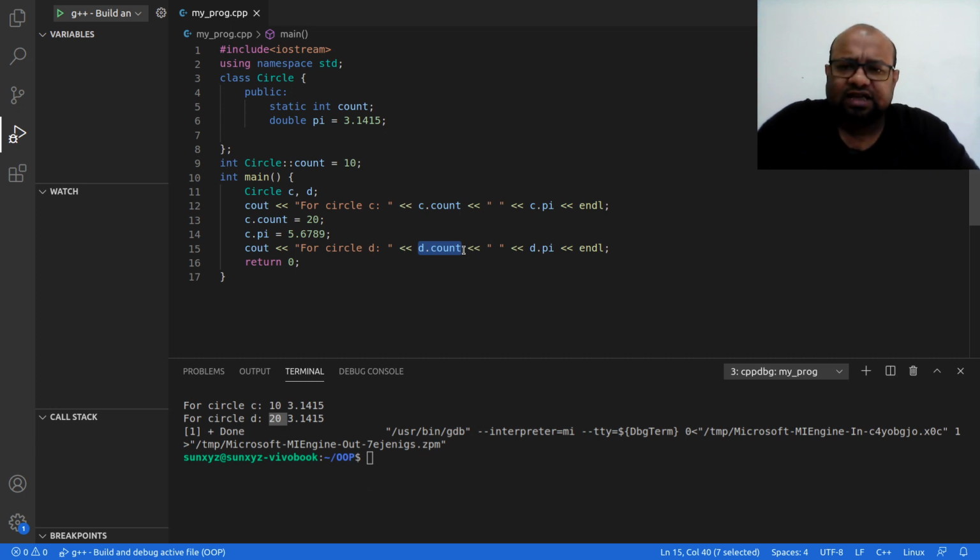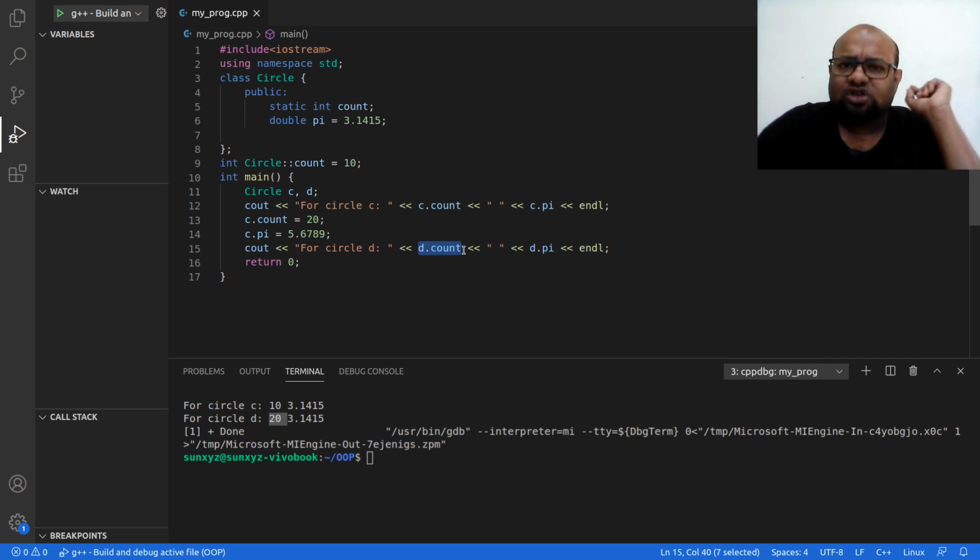So about static data attribute, a little bit of refresher. Static data attribute of a class is not allocated memory when we create objects of the class. They are allocated memory outside the class, in the data segment.